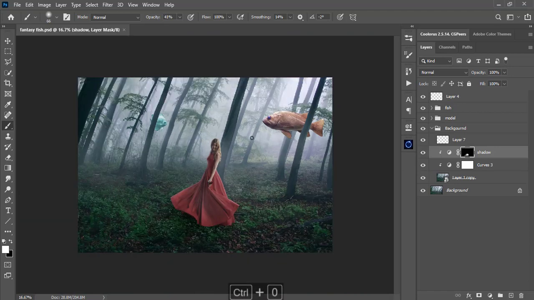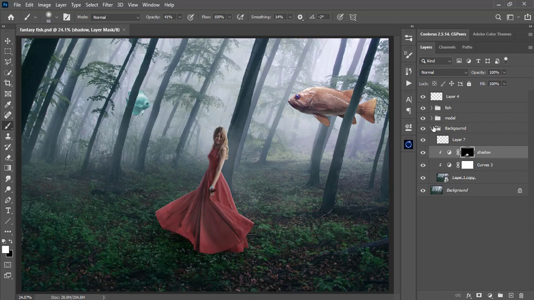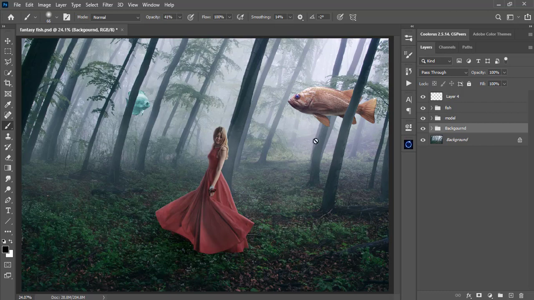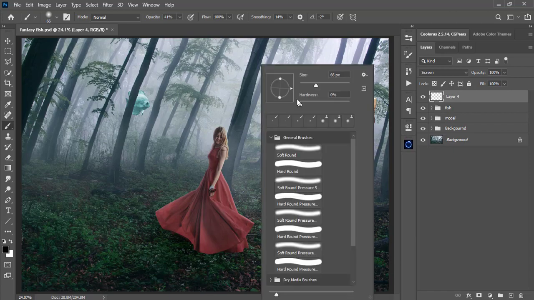Next I will paint some shadows on the model. I think it's a little bit too bright, and I'm going to erase some fog from the model. I think it's a little bit too much as well. Now hide this layer and see, and now you can see it's a little bit too much, and I'm going to erase this fog a little bit from the model. Okay, now select the brush, or you can select the eraser tool as well,